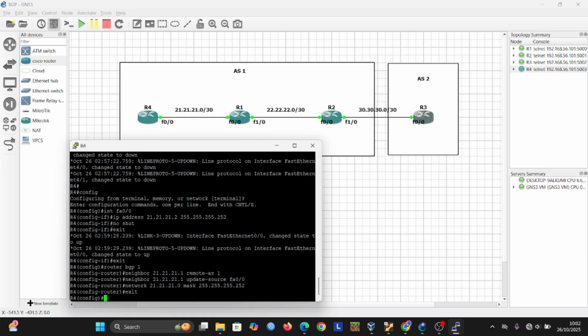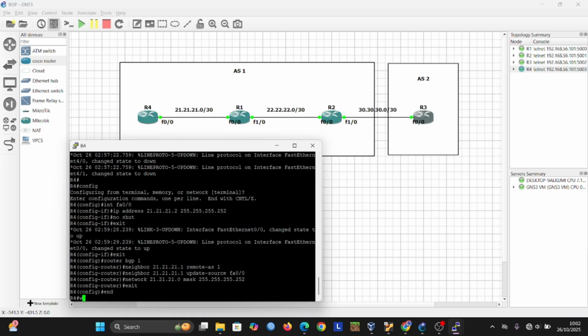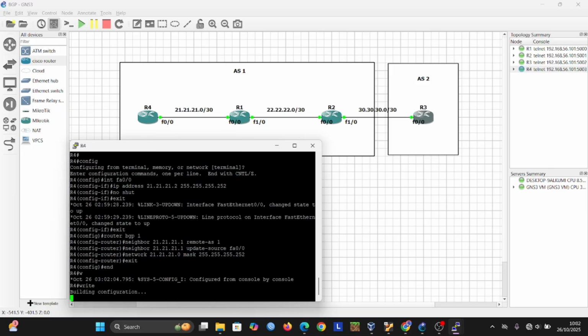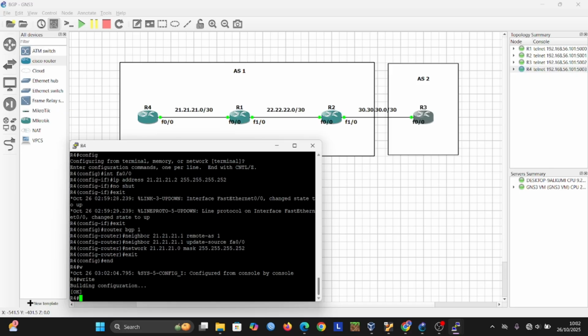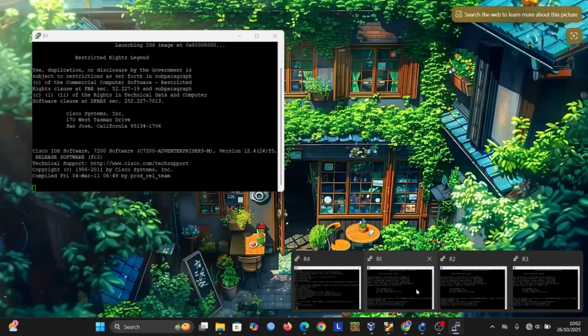Don't forget to end this configuration and save it. Okay, the configuration is set.